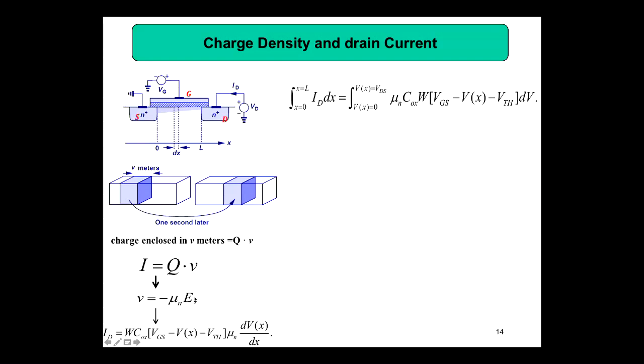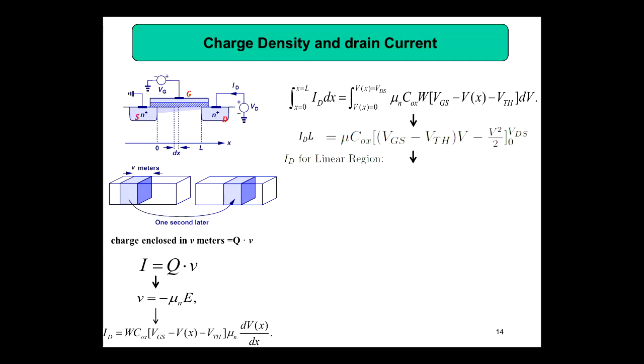Then we can integrate 0 to L, that is your channel length, because this ID into dx is here, it can come here. So ID into dx, the channel is varying from 0 to L, and the potential is varying from 0 to VDS, because here voltage equals 0, and here it is VDS. So that is the reason, from 0 to VDS your voltage is increasing, and then we can integrate. So when you integrate, what you are getting is